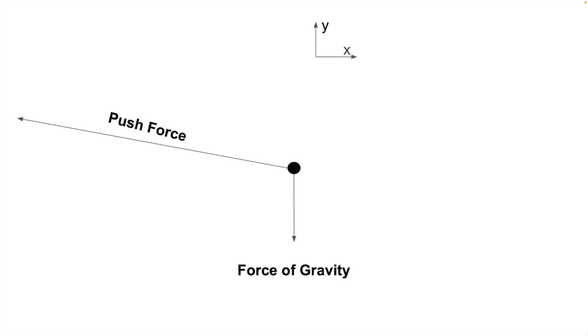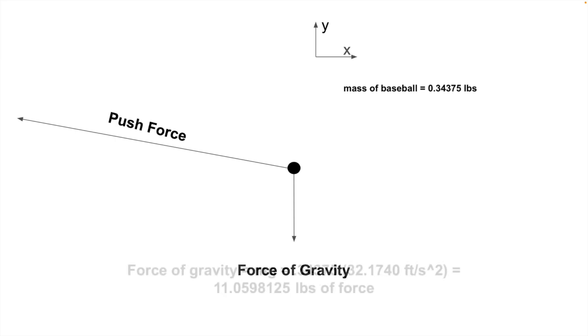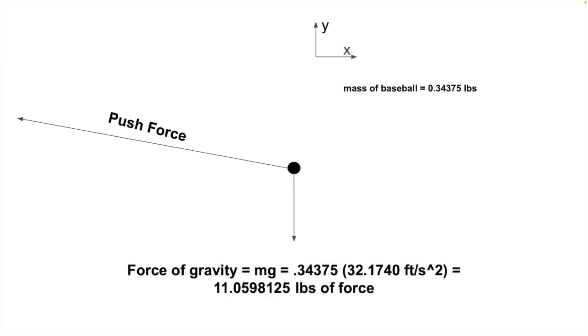As you can see, there are two forces acting on the ball, the force of gravity and the push force of the bat. Next, we can use the equation of Newton's second law, or net force equals mass times acceleration, to figure out the push force. First of all, the average mass of an MLB ball is 0.34375 pounds, so we can use that for mass and to calculate a part of the net force by multiplying it by 32.1740 feet per second squared, or the gravitational acceleration,